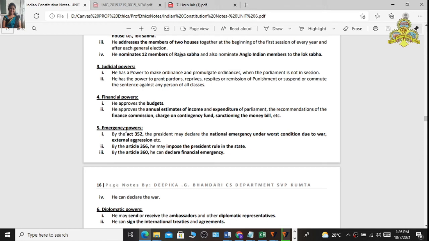One more is the emergency powers. Article 352 explains about different emergency powers given to the President of India. This Article 352 explains the national emergency situation. Under the national emergency condition, under the worst condition, it may be due to war, external aggression, or any internal